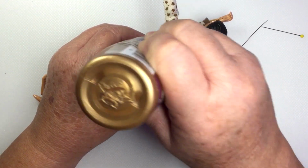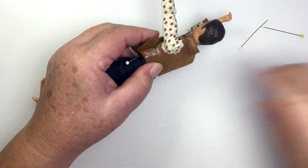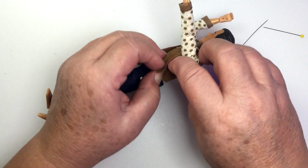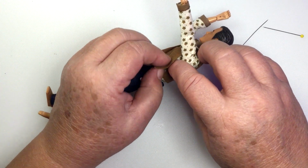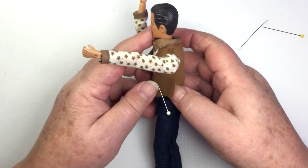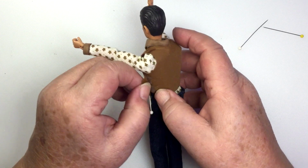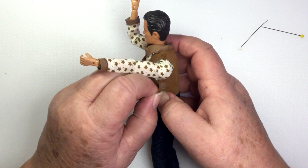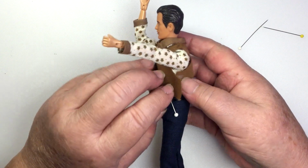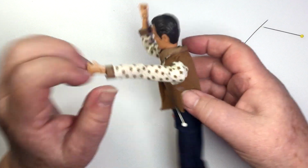Okay, the fabric I'm using here is a faux suede, and it doesn't ravel, which is good. I didn't have to treat the edges. So it's a knitted suede. You always have to just go play at a fabric store to find what it is you're looking for. And I don't want to be too